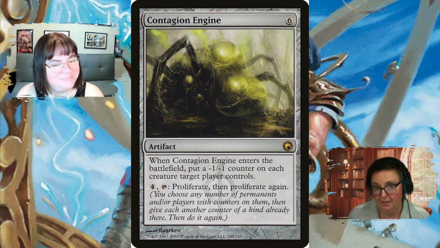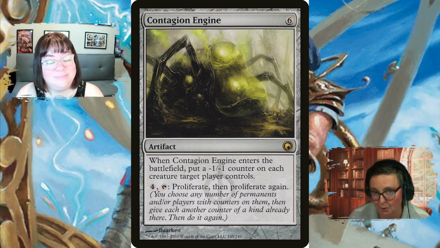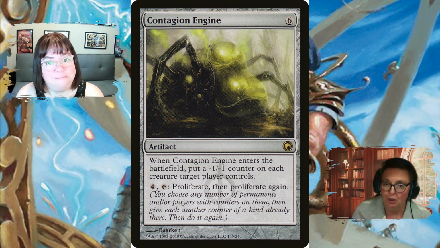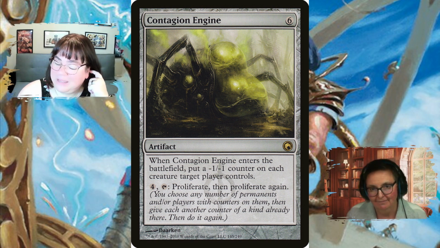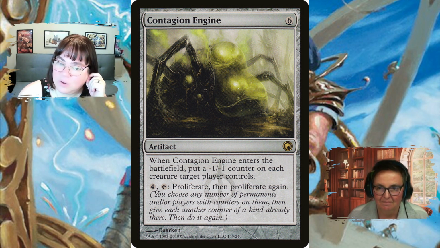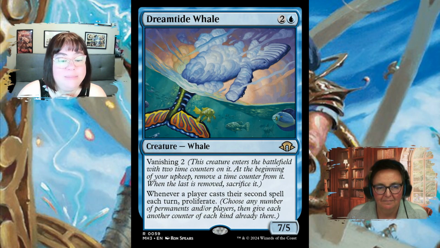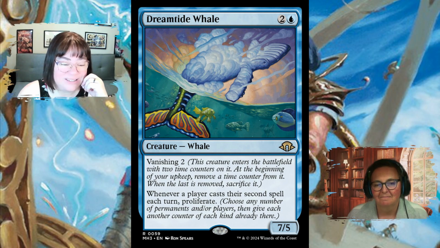And speaking of proliferate, here's a way you can do that with Contagion Engine. It's a 6 cost artifact. When it enters the battlefield, you put a +1/+1 or a -1/-1 counter on each creature a target player controls, all of their creatures, and you can pay 4 and tap this guy, proliferate, and then proliferate again, helping you, hurting them, bonus. And some of your cards let you use energy as mana, so then you could use that for the 4. So crazy. Dreamtide Whale would also be another good addition to this. It's a 3 mana cost 7/5. What? It has